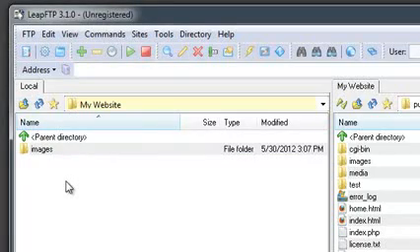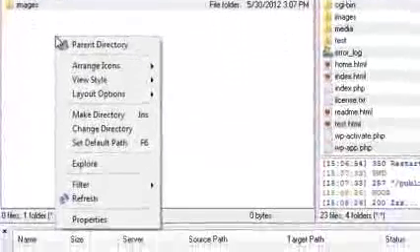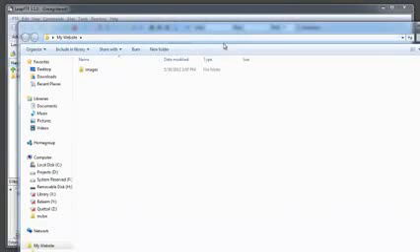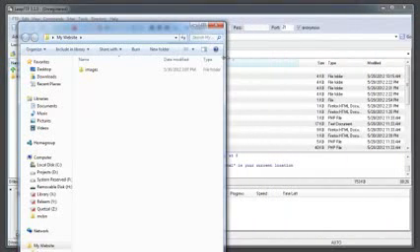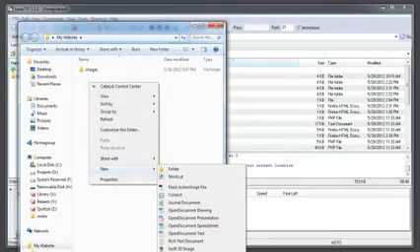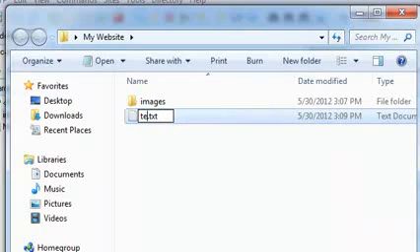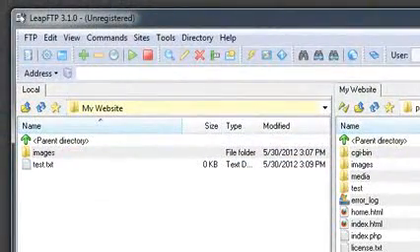If you right-click on an empty spot within this panel and select Explore, a window opens up from your operating system and displays the contents of the main folder. Here I can create a new file by right-clicking on an empty spot, selecting New Text Document, for example, giving it a name such as Test, and that file now exists inside of this folder. I can close this window, and you can see that the file that I just created is now listed inside